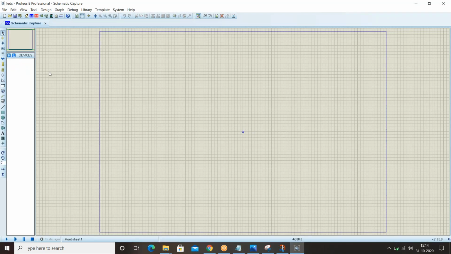You'll get an empty page like this. Click on this ISIS. This is our workspace. If you observe the left side top, LEDs, dash Proteus 8 Professional. This is my new project.